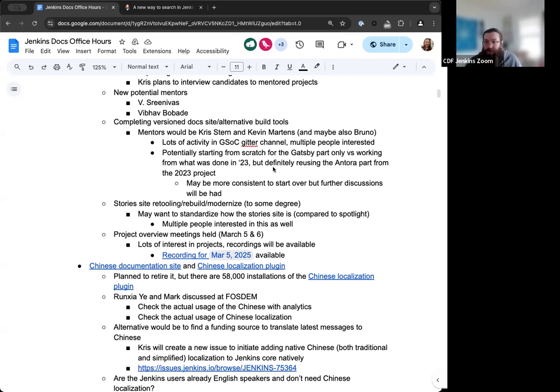Specifically, the Antora part that we had started with and have built up already would be brought over to this project. The Antora part's the bigger part of it in terms of framework and structure, and so it might be more consistent to start over on the Gatsby part, but again, further discussions will be had about that. That's something that you discuss with Chris and myself, more so Chris in the tooling and framework part of it. I'll be co-mentor for documentation aspects and helping make sure that the UI/UX of it makes sense and that people can navigate, get the documentation and answers they need. So lots more to come there.